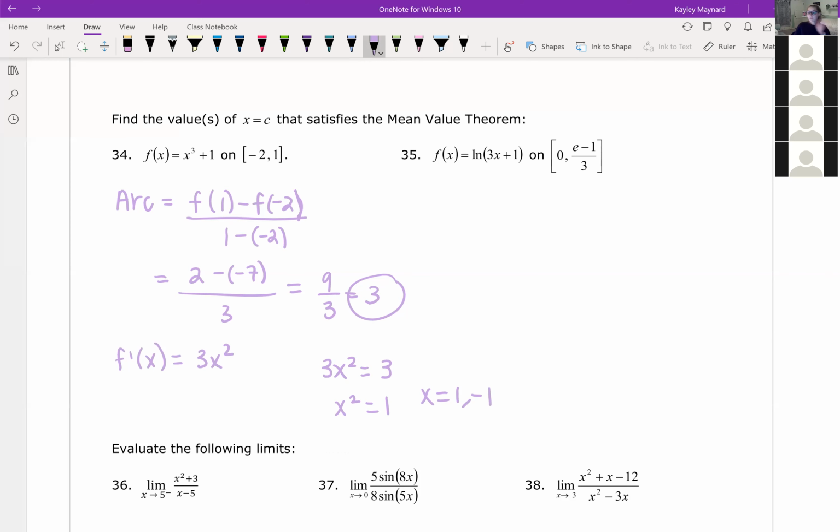Okay, important last step. This value that satisfies the mean value theorem needs to lie within this interval that you were given. If it's not within that interval, it doesn't even make sense as an answer, because the mean value theorem says there's one spot in this interval where this is true, so your answers should only lie within that interval. And so that means that we're going to get rid of,